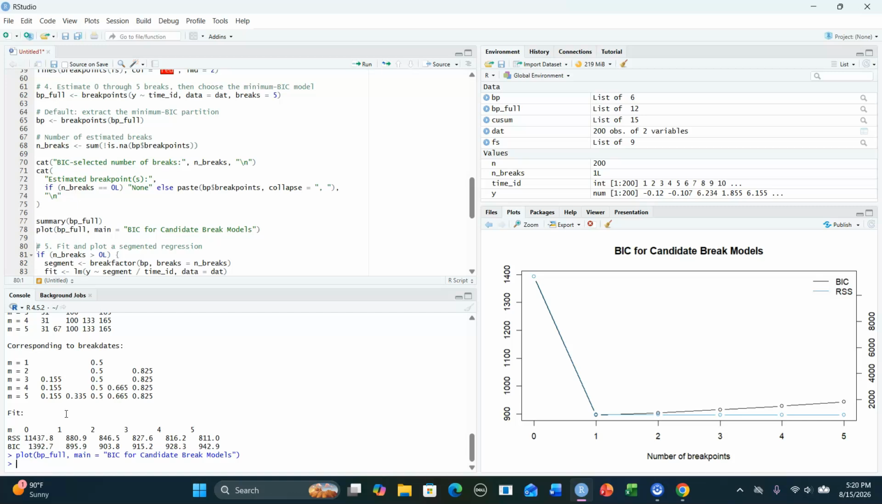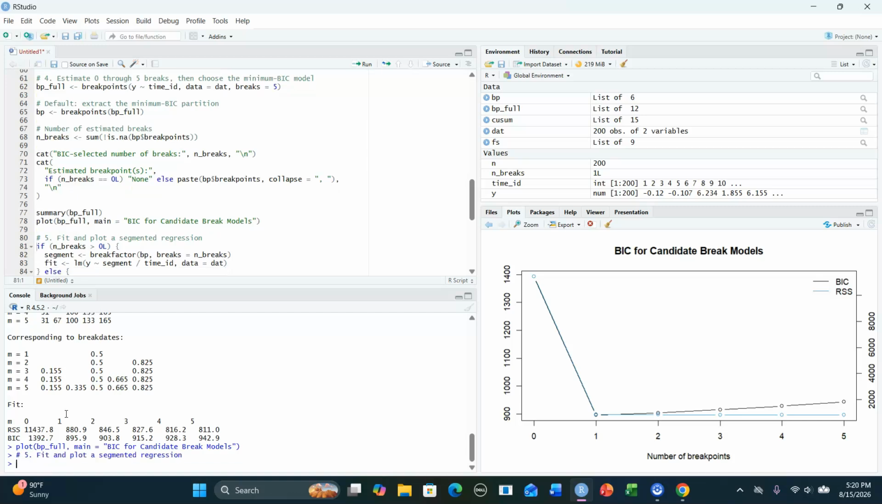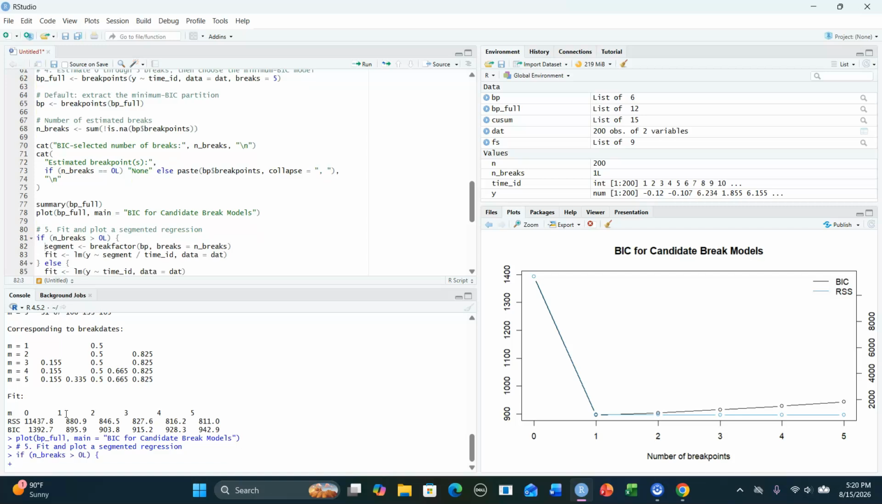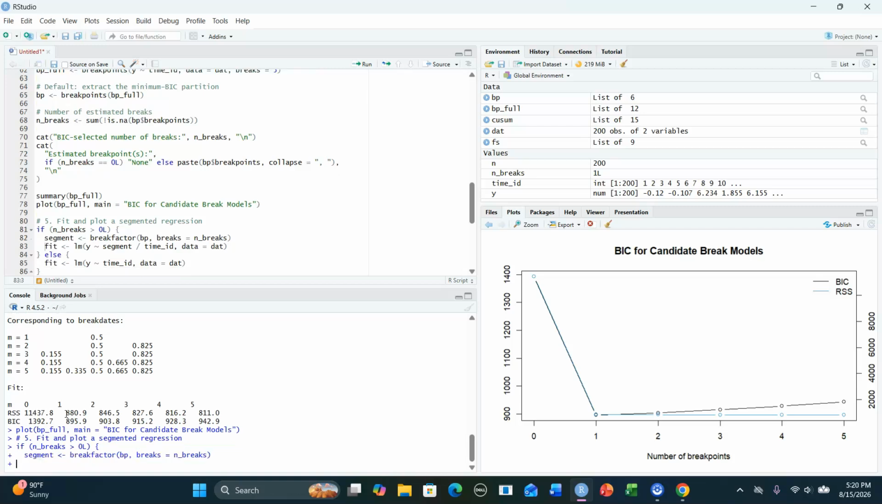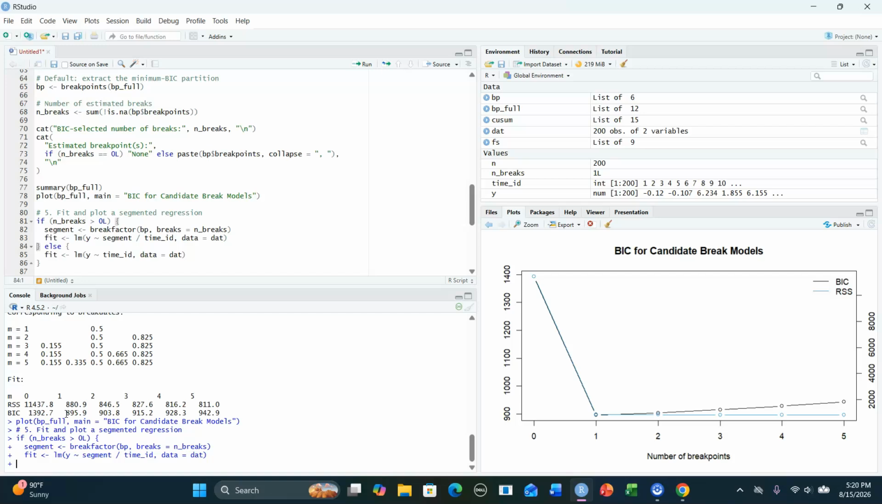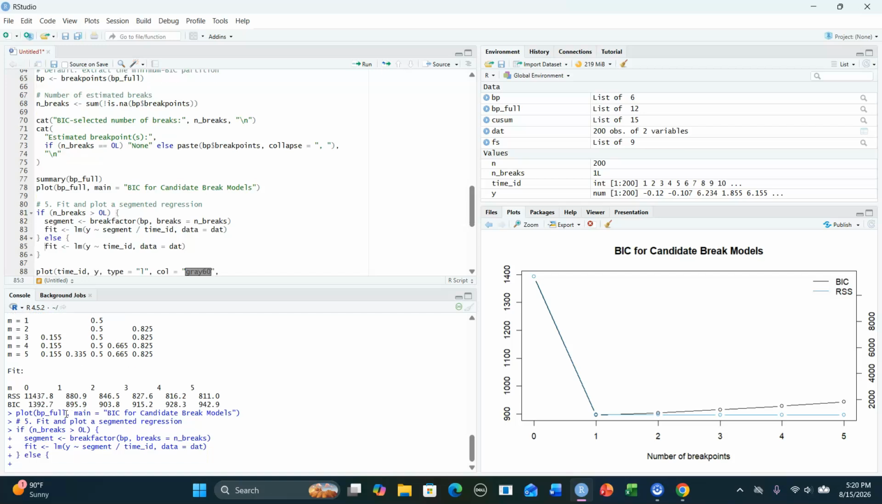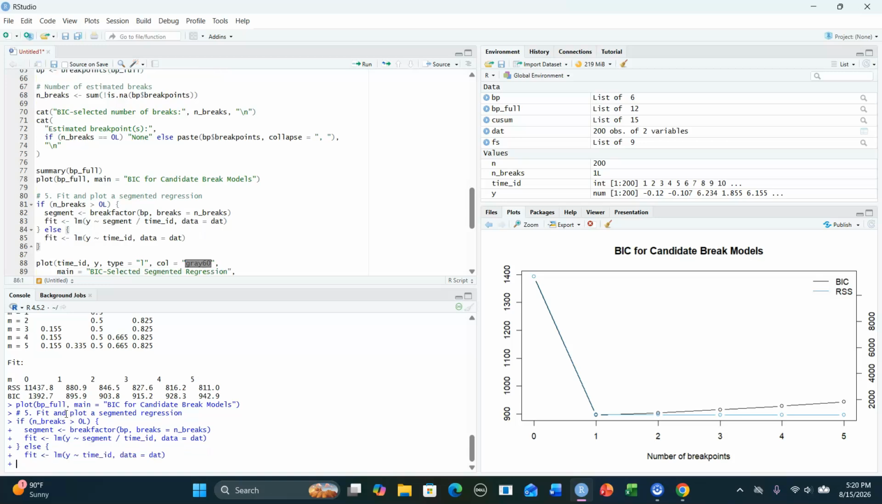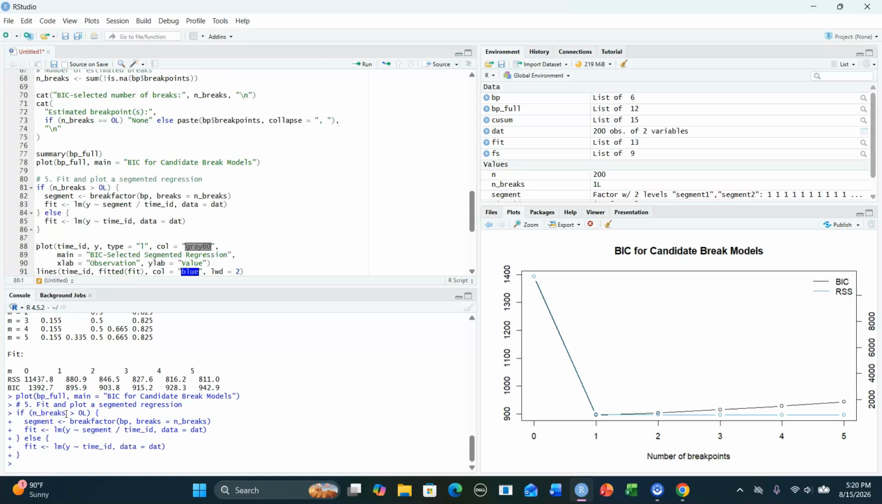so it supports that there's 1 breakpoint. Okay. And after that, you can actually fit a segmented regression model. So if the n breaks is greater than 0, then you can do segment breakpoint BP, break equal to n break, and then you fit the linear model Y regress down seg slash time ID, and everything else, then fit equal to Y regress LM Y regress time ID, data equal to data. And then you can plot out